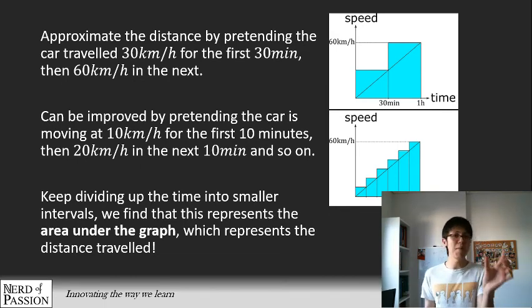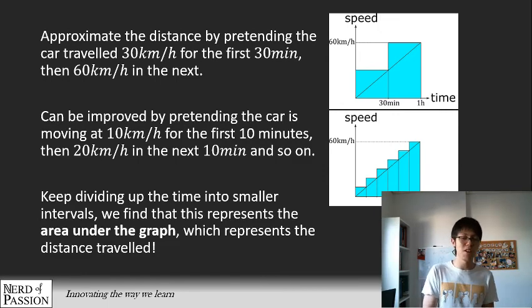But instead of saying 10 minutes, what about 1 minute? Say in the first minute, the car travels at 1 kilometer per hour. The second minute, the car travels at 2 kilometers per hour, and then try to find the distance over there. Okay, so you can see that the more you try to divide down, the more tedious the math is going